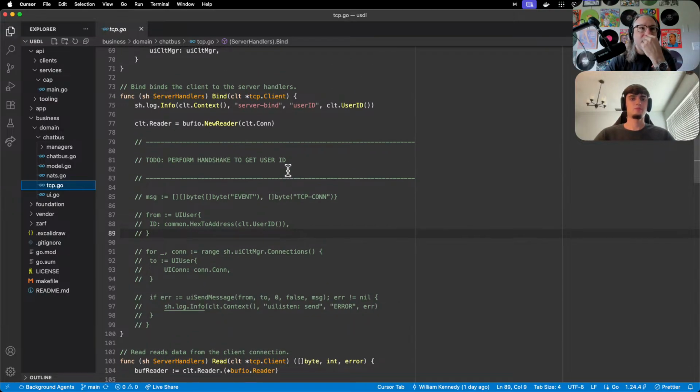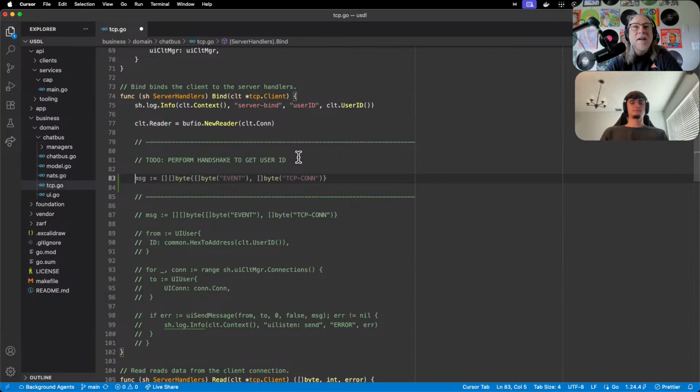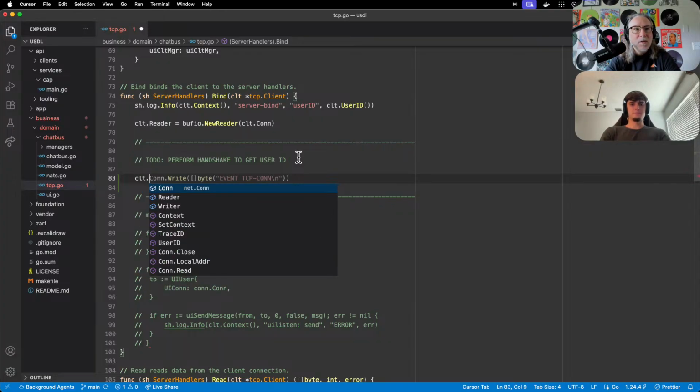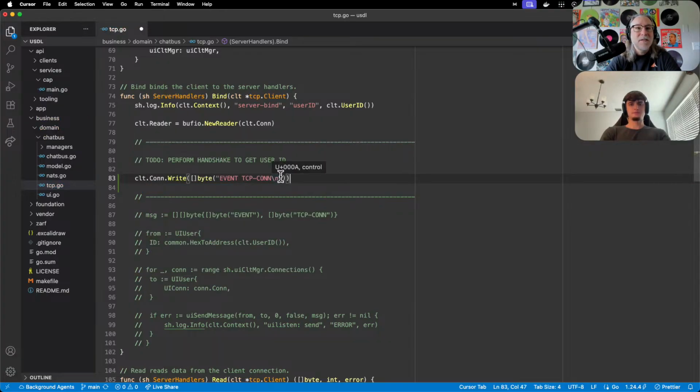So I think the idea would be something like this. I have a reader. We also have a writer, don't we, on the TCP connection. We can keep this super simple, right? On this bind, we have a socket connection now. We could do something like this. It could be JSON even. And just say,